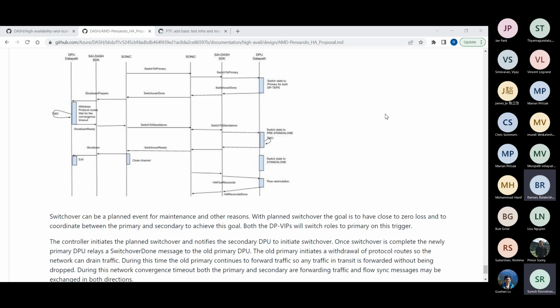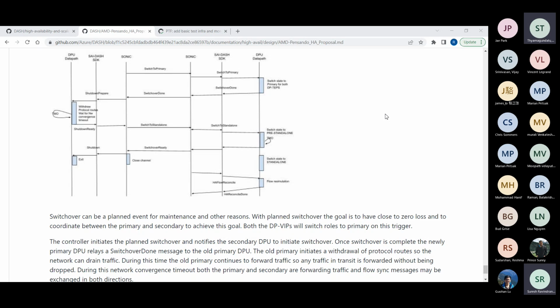No, we don't know when the other side is going to withdraw. I mean, we want to control it, right? Coordinate, right? In the sense, before you withdraw the route from the existing active, because as soon as it withdraws, the network can anytime steer the traffic towards the new one. So in order to coordinate that, the node that is going to withdraw first tells the other node, you go active, prepare yourself to receive traffic. That way we don't miss anything, because if you don't do that, it will still be in standby, and if at all traffic gets steered towards that standby, it will start dropping the packets.